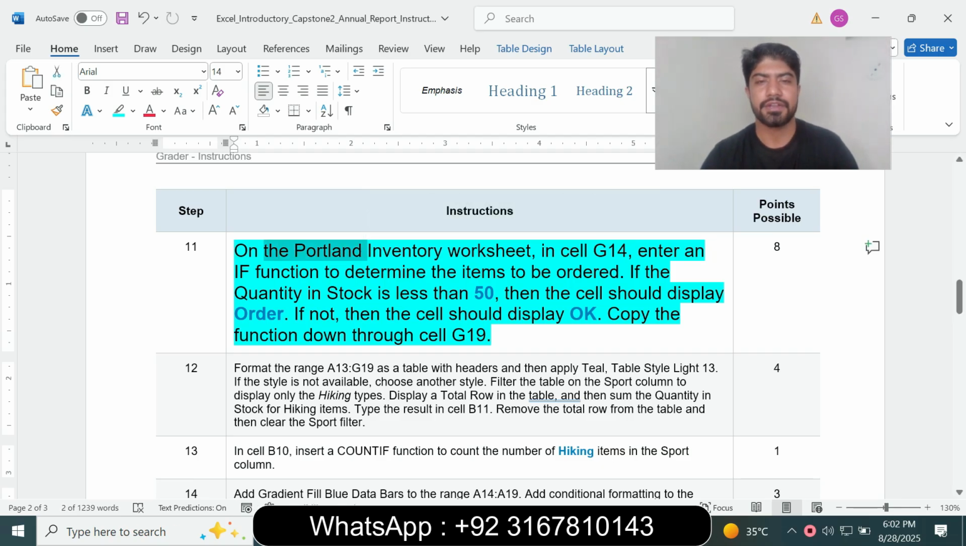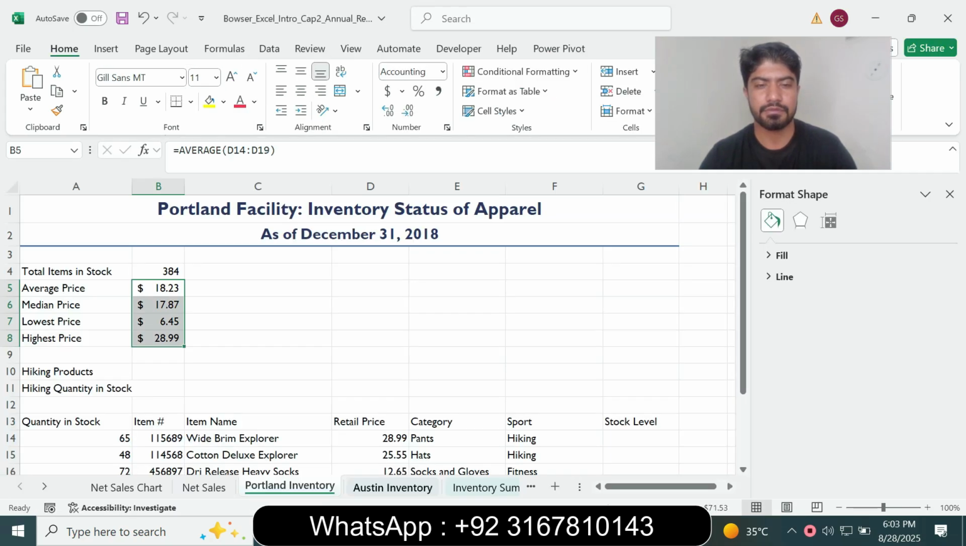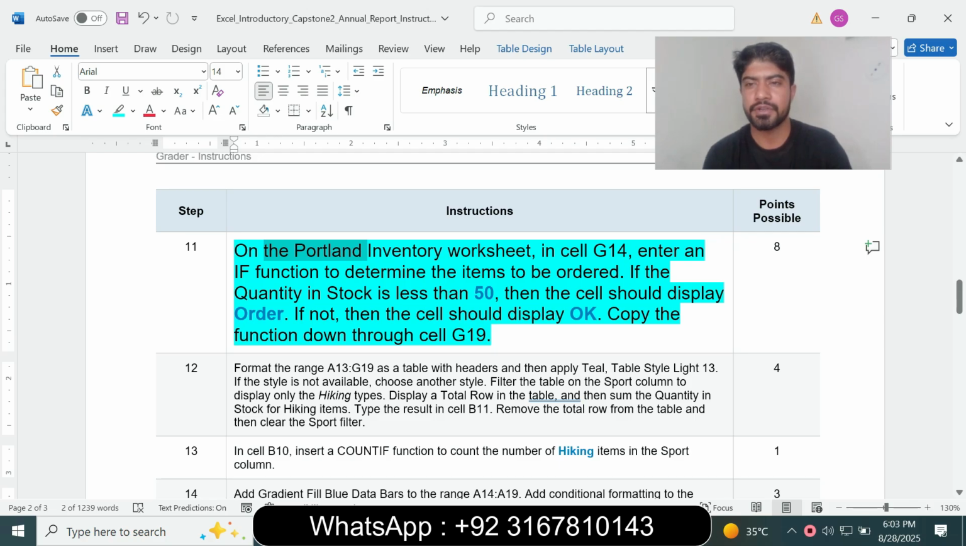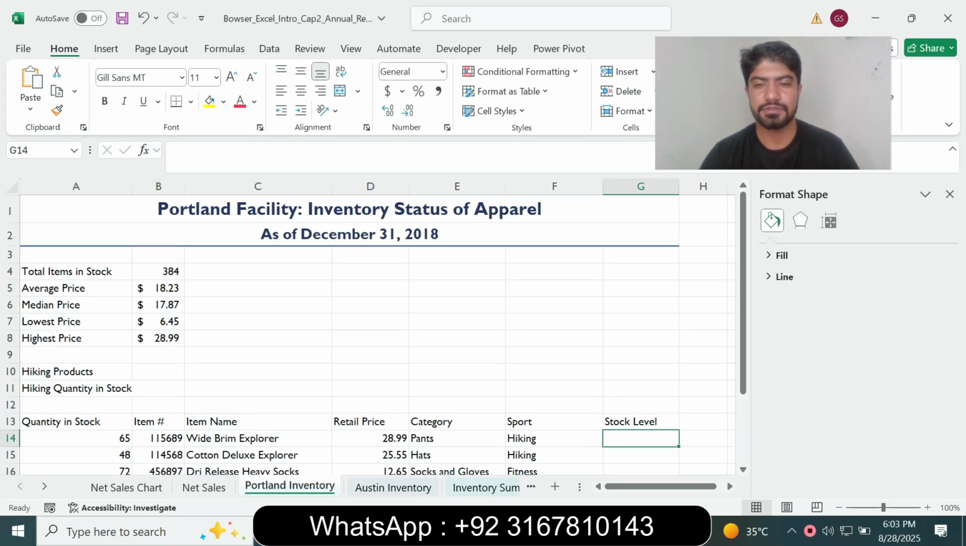On the Portland inventory worksheet, in cell G14, enter an IF function to determine the item to be ordered. If the quantity in stock is less than 50, then the cell should display Order. If not, then the cell should display OK, and copy the function down through cell G19. So go to the Excel worksheet and select G14, type equals, type the IF function and open